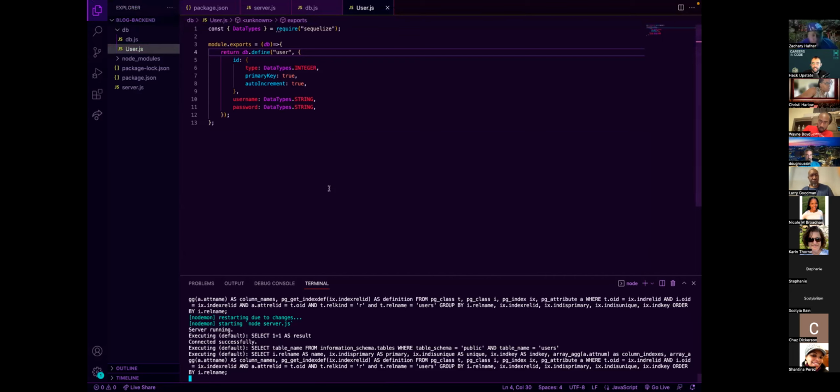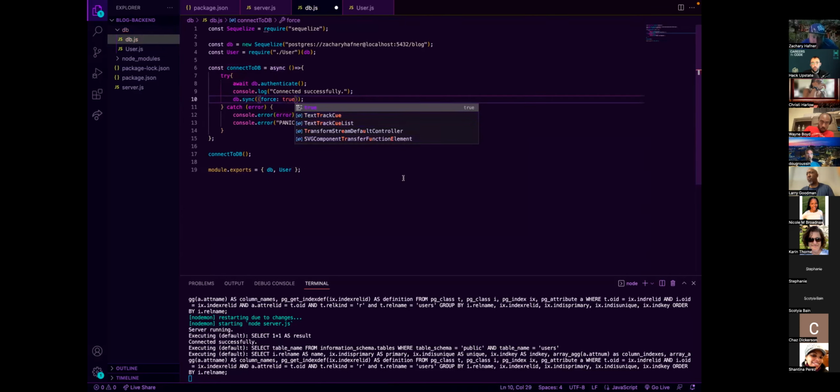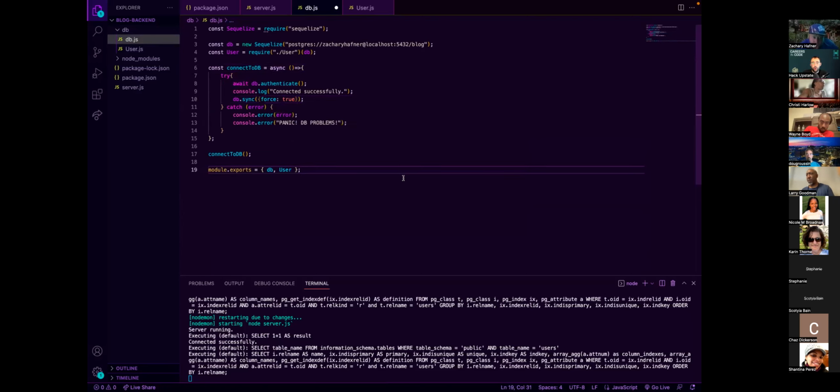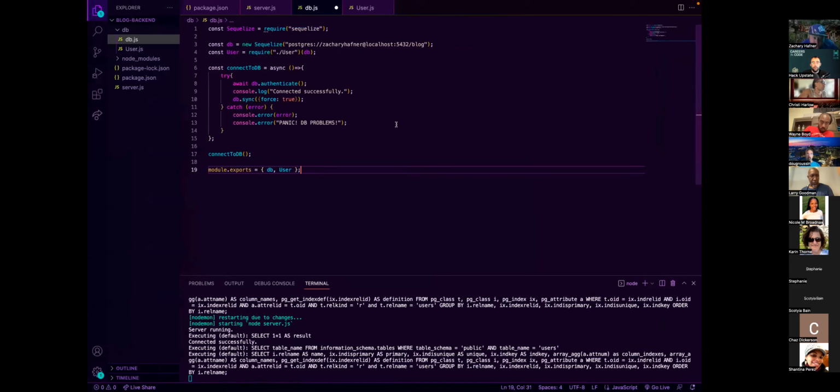So the way we fix this is if you go to db.js, in db.sync on line 10, between those parameters, you're going to put curly braces and say force: true. What that's going to do is delete all of the data that's in the table and overwrite it with the columns that are in your model. So if you save that,